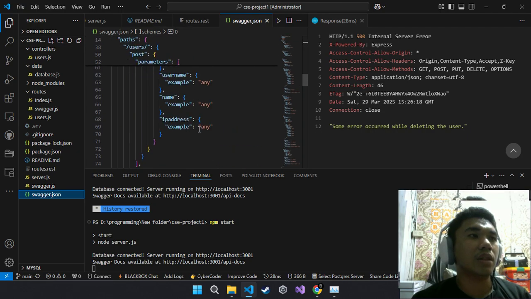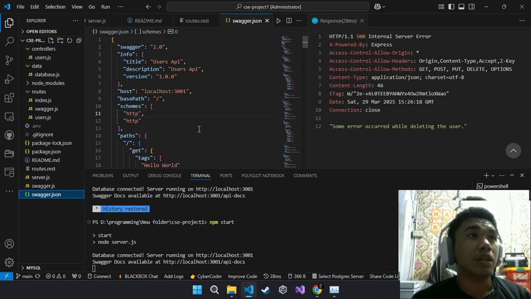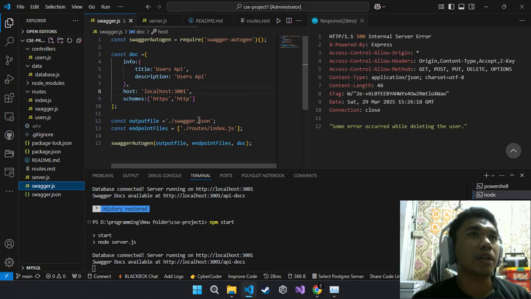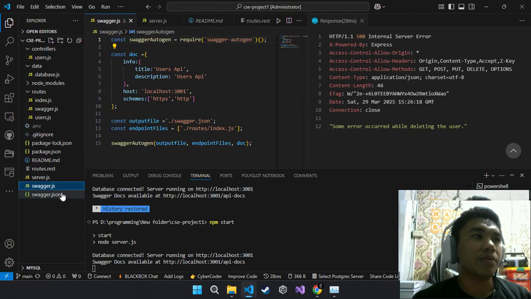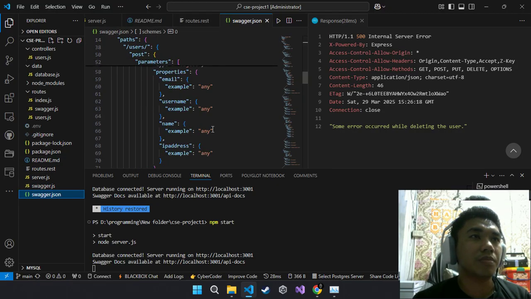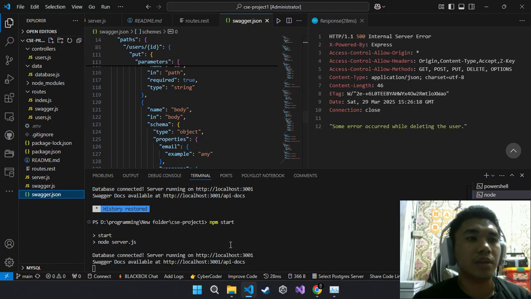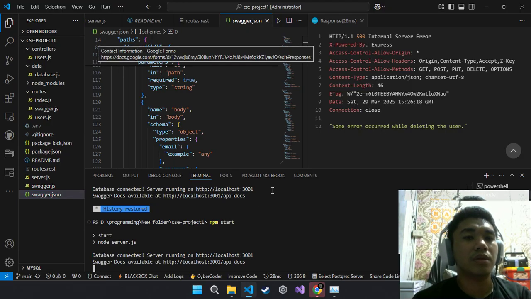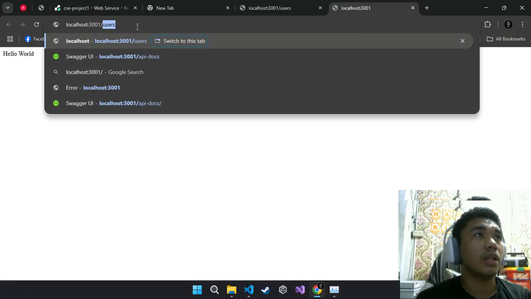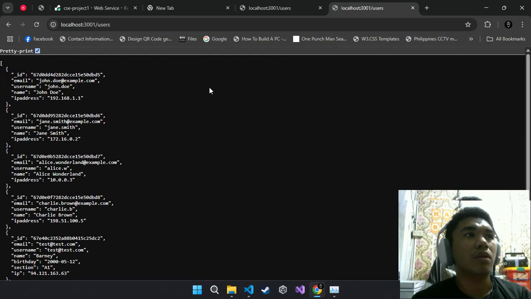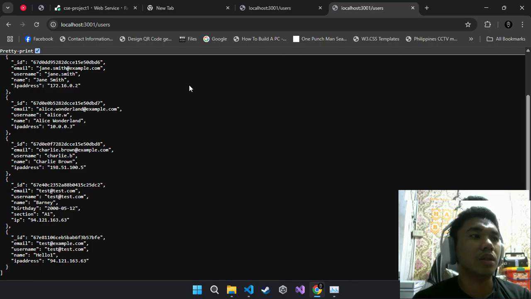It is automatically generated by the API rather than AutoGen. So it will show up the data. As you can see here, if I go to slash users, it will show all my data from the MongoDB.